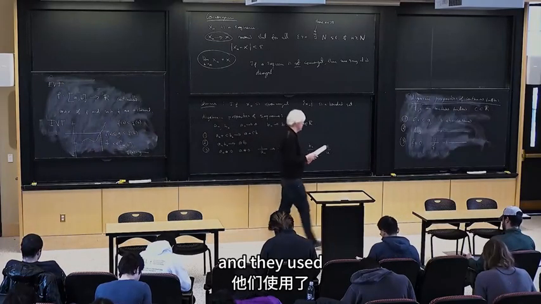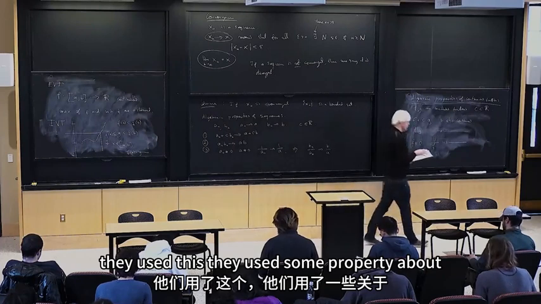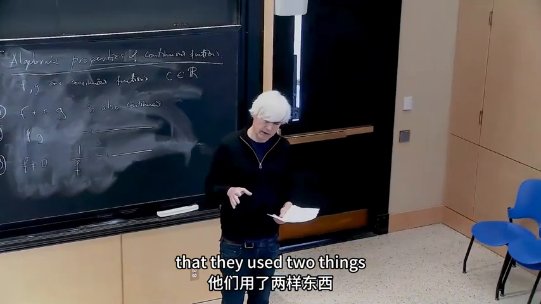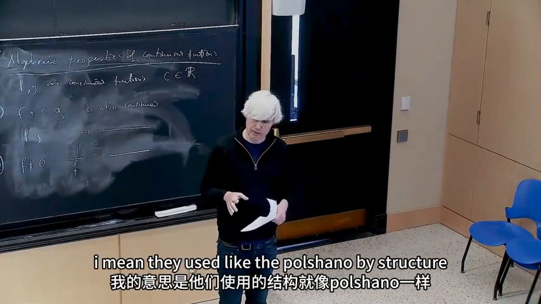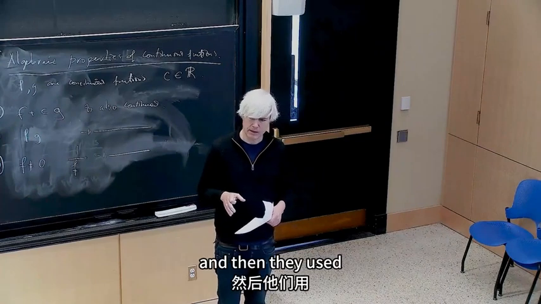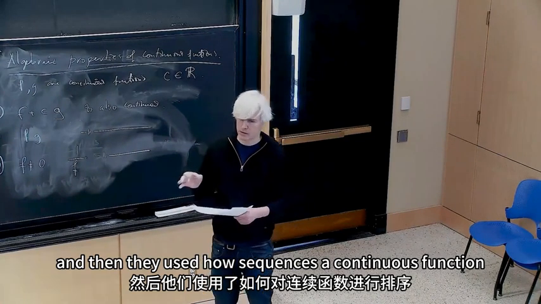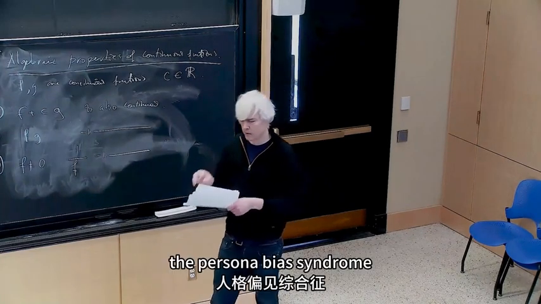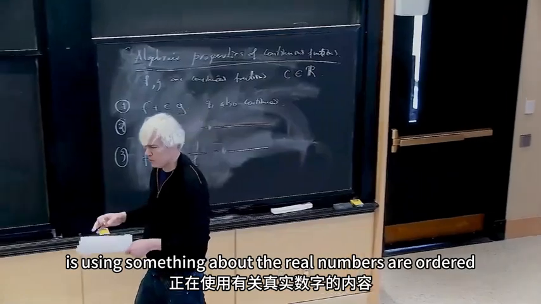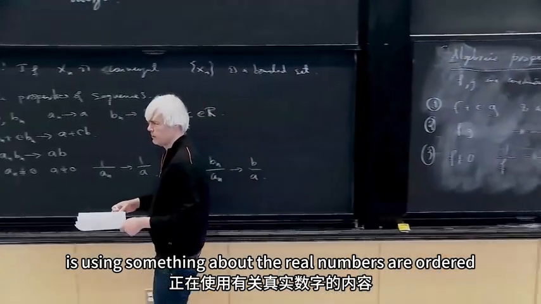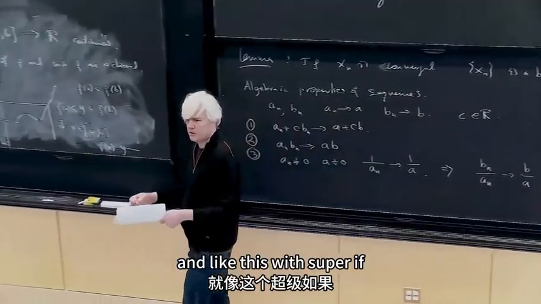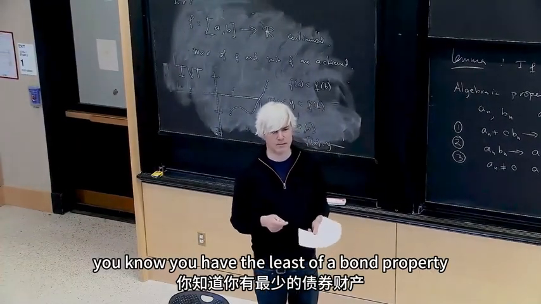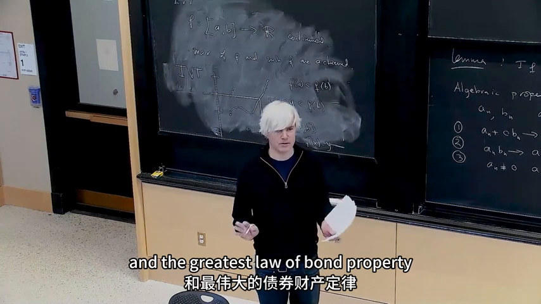And they used some property about that. They used two things. I mean, they used the Bolzano-Weierstrass theorem, right? And then they used how sequences and continuous functions were tied together. The Bolzano-Weierstrass theorem is using something about the real numbers being ordered, with sup and inf, where you have the least upper bound property and the greatest lower bound property, right? So,